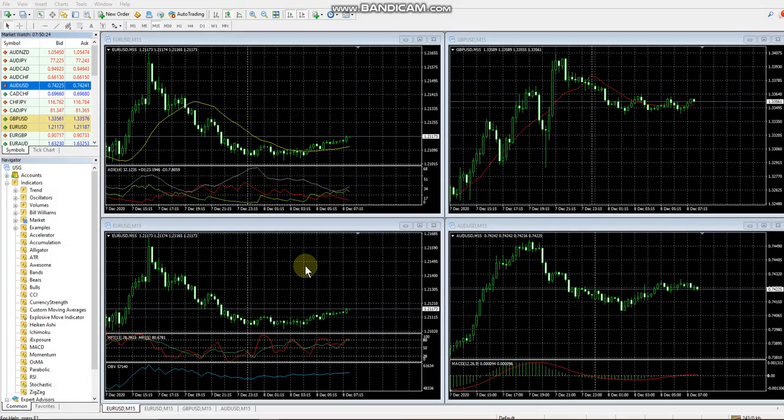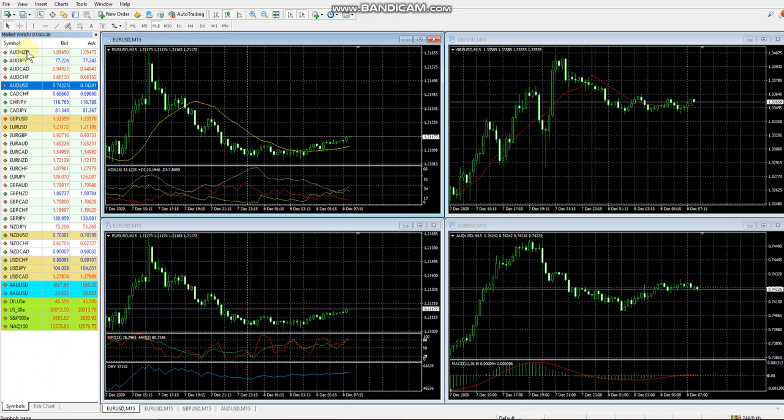Okay, so now that we've installed the indicators and templates, we're going to go ahead and set up the charts. So this video is going to go over setting up the charts for trading the arrows strategy. The first thing we want to do is set up our market watch window here so that when we put the scanner on, it'll pull all the pairs that we want to trade within the